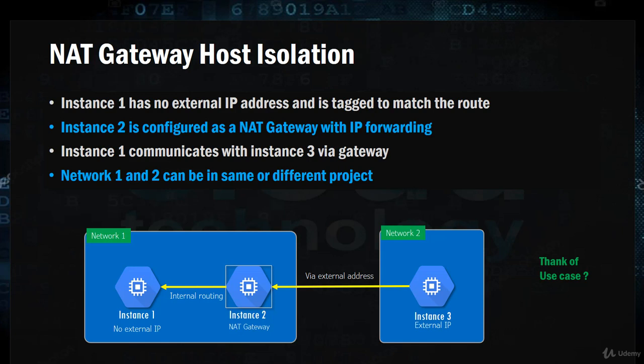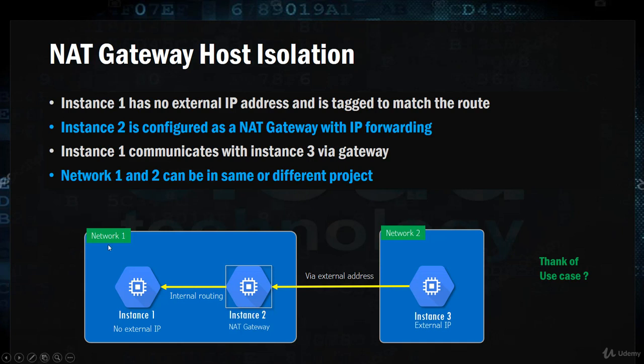But in case there is another network and you want to connect from the second network instance, you want to access the services which are in instance one, or the network one, instance one, which is internal. What you do is you actually create a NAT gateway, and that gateway takes all the traffic from instance 3, and that traffic gets routed using IP forwarding rules to instance one. That's how you have an instance created as a NAT gateway.